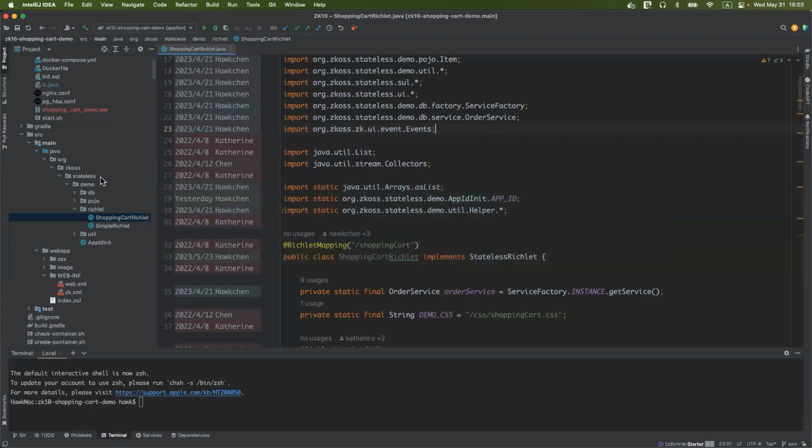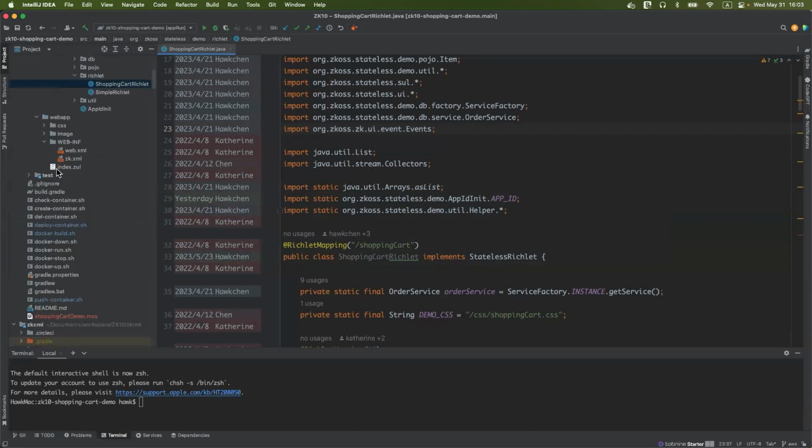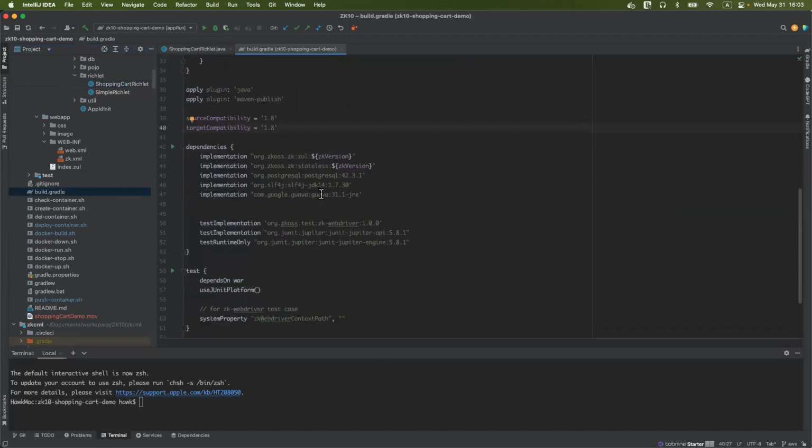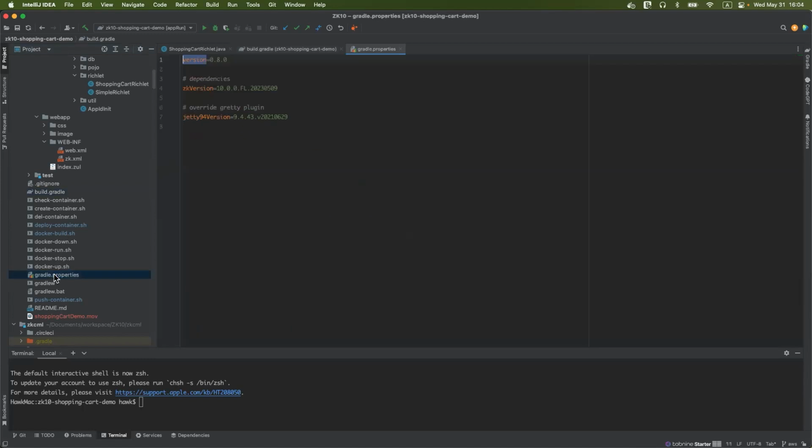So if you want to try it, since ZK10, we switched to Gradle, so you can try to use Gradle, or use Maven is also okay. If you want to try the ZK Stateless, you can use ZK10 to include these stateless components. And this version is the freshest version, so now you need to check